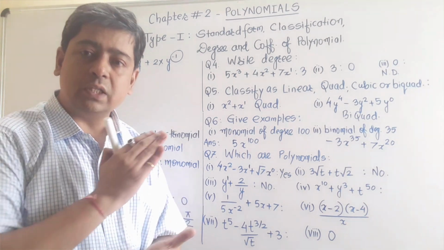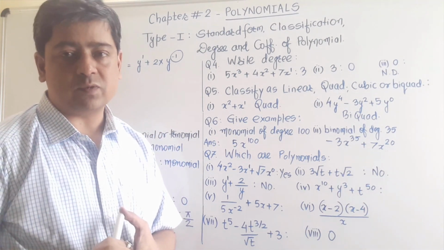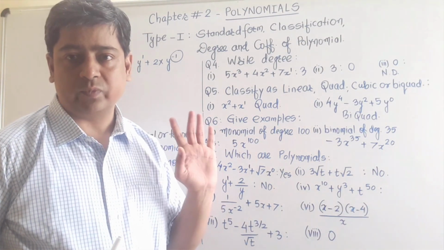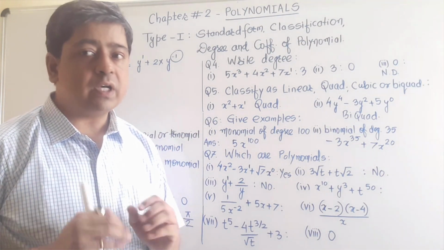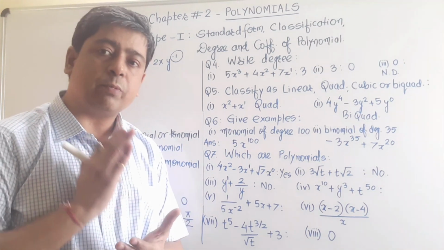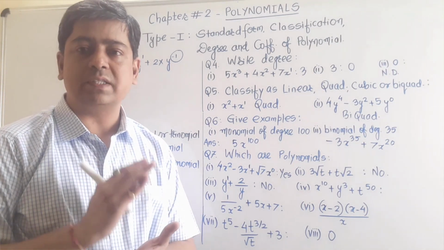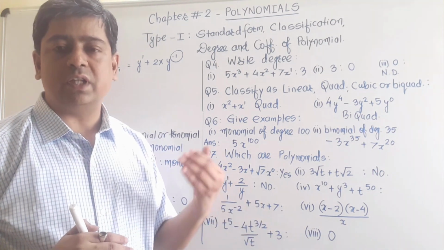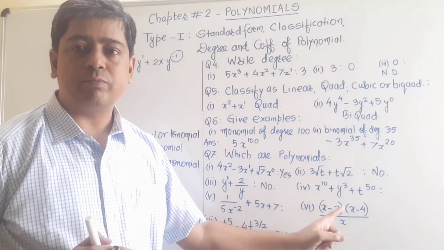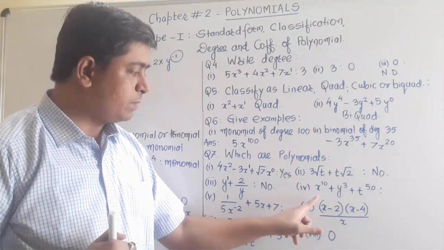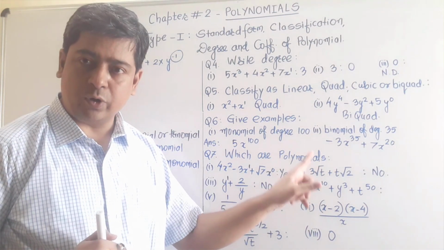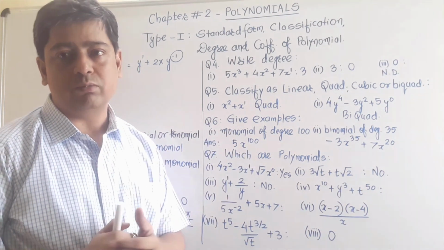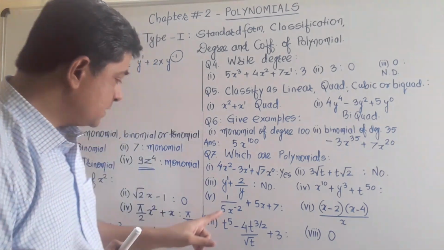So in this question, you can write the answer in this way: yes, it is a polynomial, but it is of 3 variables. That you mention, because we can't deny it is a polynomial. It is a polynomial, but according to our syllabus, we are studying only one variable. So here we need to differentiate from the answers we have written earlier, particularly for this part. So for this part you will write down the answer: yes, it is a polynomial, but it is given in 3 variables. That specially you mention. Clear? Now see part number 5.